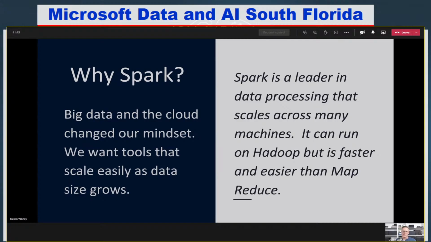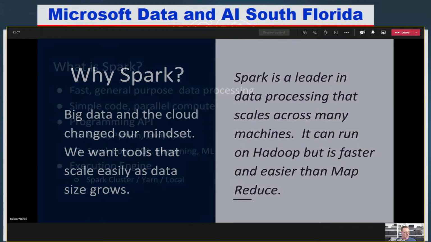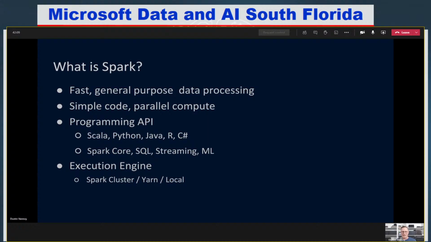Apache Spark gained popularity because it came out of the Hadoop ecosystem. So companies that were doing big data processing with Hadoop could now get away from the MapReduce API, get away from a lot of disk reads and writes, and use memory for a lot more processing, with the Spark API, which was a lot simpler for many of us. So Apache Spark is for big data processing, and it is a fast, general purpose way of doing data processing.